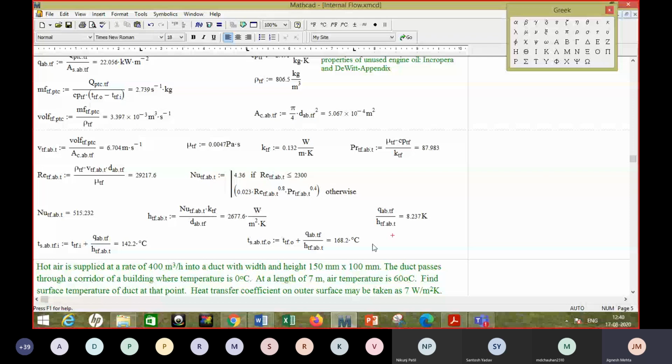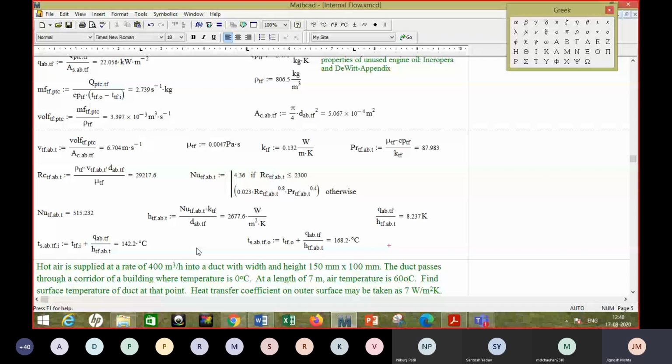It's not very high because the heat transfer coefficient was good. If the heat transfer coefficient is poor, right, you can understand that if H is low, then obviously this value will be high and your surface temperature will be high, right? So higher the surface temperature, more the heat loss from that temperature, and your collector efficiency would actually be low. Of course, here it was directly given. Okay, so this again is one more example which demonstrated how heat transfer knowledge can be used to estimate certain thermal parameters and put into practical applications.